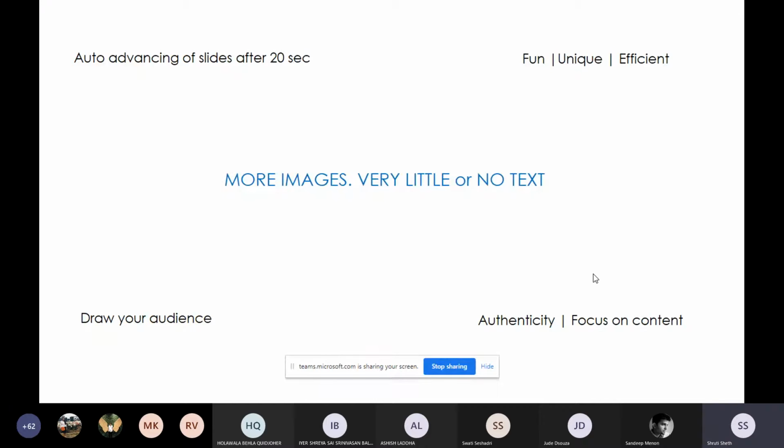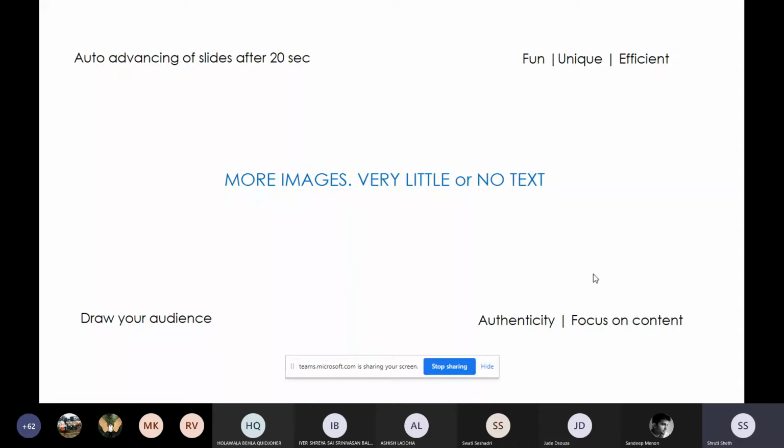The intent is to draw your audience. So yes, if you have long lectures or long presentations, audience tends to lose their concentration. Or if you speak too much on each slide, then the same thing happens. So this Pechakucha format was invented so that you draw your audience, and whatever you deliver in those 6 minutes is actually delivered right there.